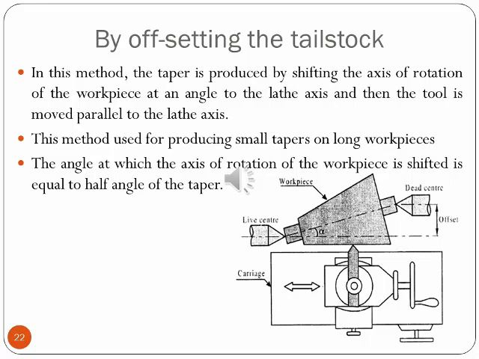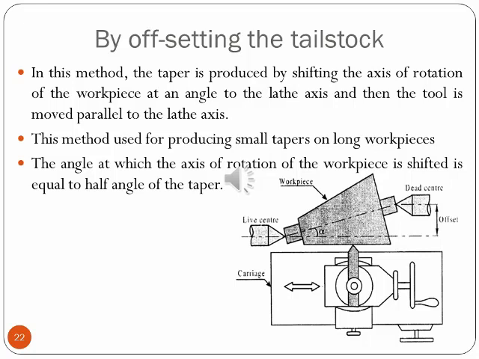So tailstock offset method, also known as set over tailstock method, is clearly explained in the figure. It is the most commonly used method for taper turning. Whenever the tailstock center is set out of alignment, the workpiece gets taper turned because its axis will be inclined at an angle with the longitudinal movement of the tool, which will be parallel to the lathe bed. So the entire carriage assembly is to be moved parallel to the lathe bed to cut the taper.